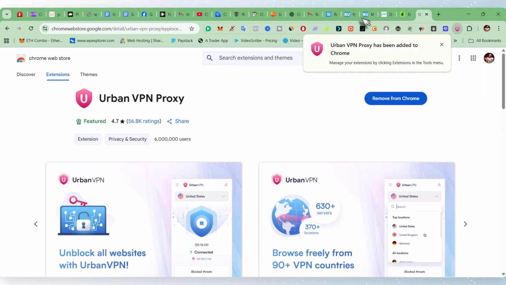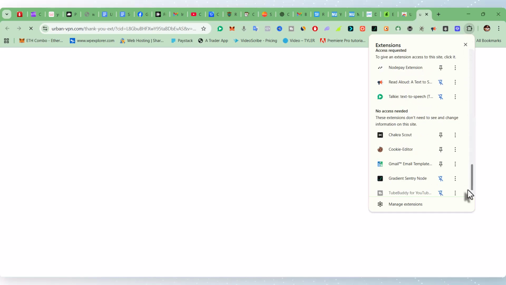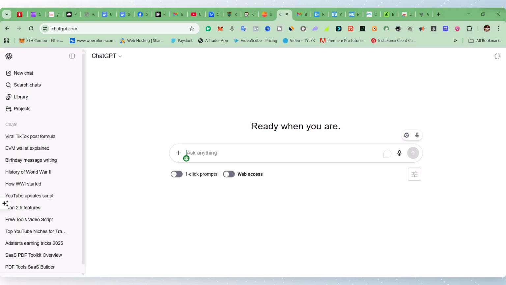All right, it has downloaded successfully. You can see it here. So what I need to do now is to add it. Guys, I need to pin it since I'm using the Chrome browser, right? So I want to pin it. Now that I've pinned it, the next thing I need to do is to open